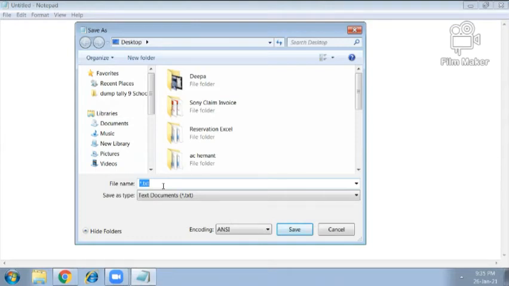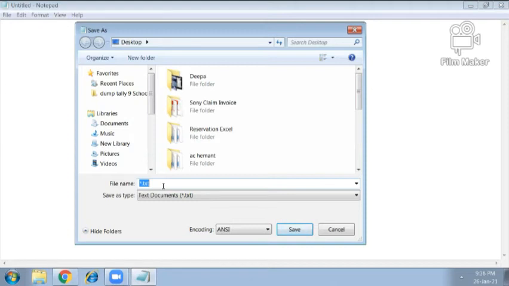One more thing is that there is no need to write the extension of the particular file. Computer will provide the extension automatically. It means there is no requirement to write the extension. According to the file, computer will provide it automatically.